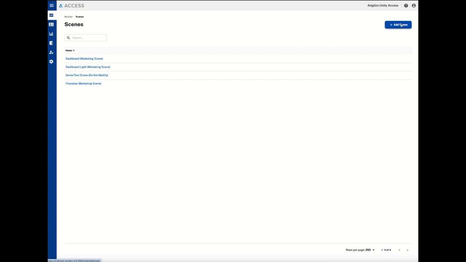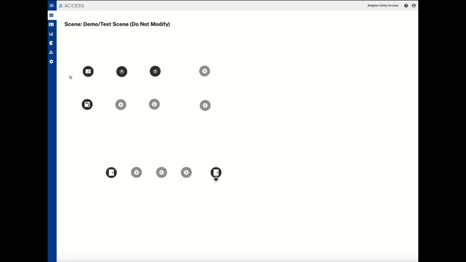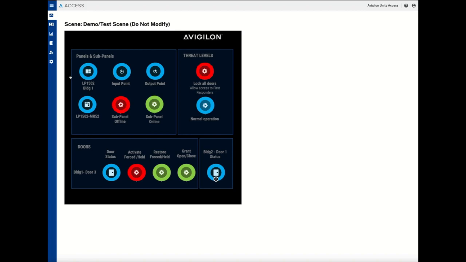So you can add new scenes. If you hover over them, you can edit them, delete them, modify them within the scene section without having to navigate to a different portion of the user interface. So let's take a look at this demo test scene that we've created to give you a quick look and feel for how the icons look in their normal state,